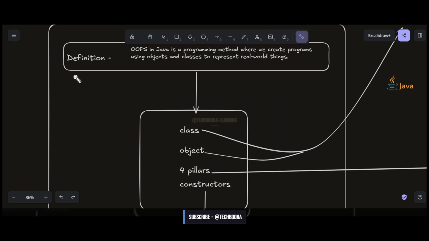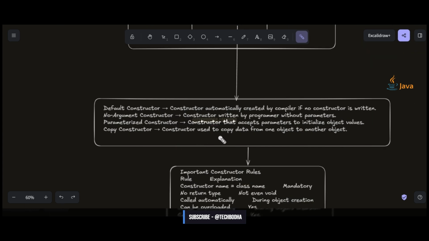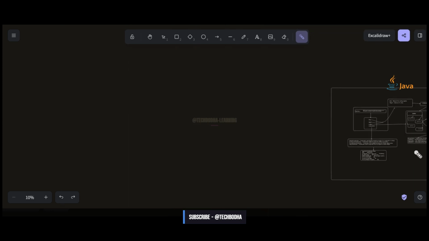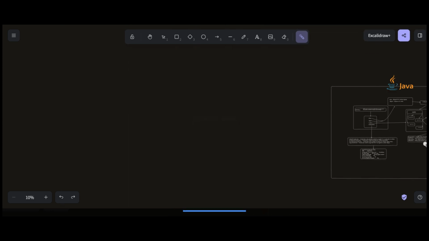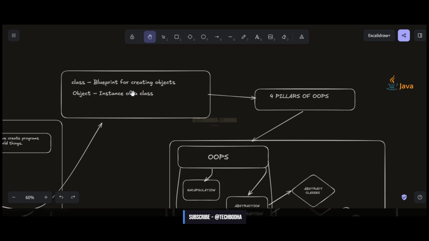Now listen carefully. Every major application you use today, like banking systems, Instagram, WhatsApp, Amazon, Netflix, almost all enterprise applications are designed using OOPS concepts. But the problem here is most people memorize the OOPS concepts rather than understanding the depth of the concept. We have class, object, inheritance, polymorphism, and many other topics. Most of them just learn them by heart and remember them for the sake of interviews. But they actually never understand the topic.